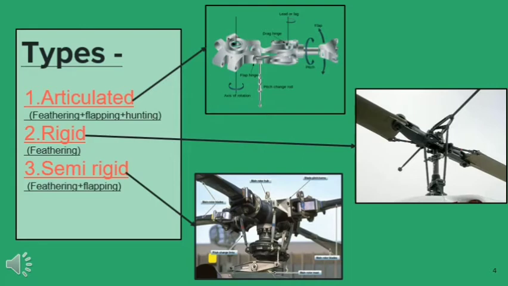Semi-rigid system. Semi-rigid system is also known as seesaw system. It contains only two blades. Each blade does not have the freedom to flap and rotate independently. To stop the vibration through flapping of the blades, this semi-rigid system was invented. The vibration of blades was absorbed by the hinge joint. The semi-rigid system contains feathering and flapping effect.